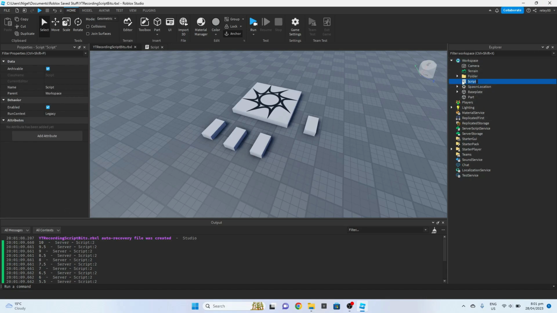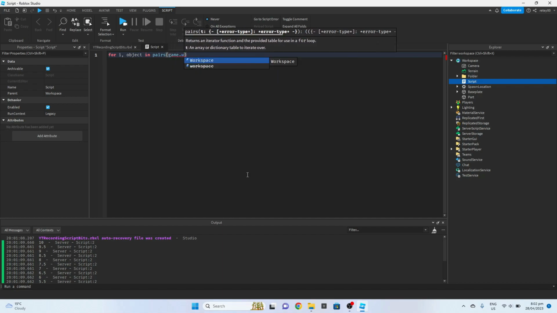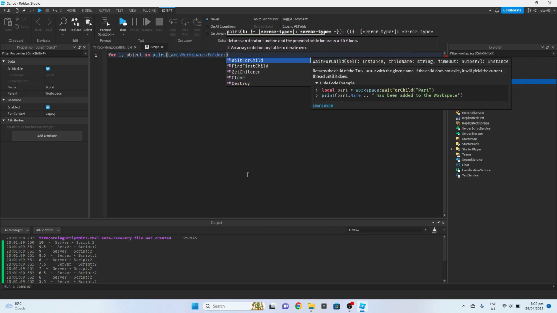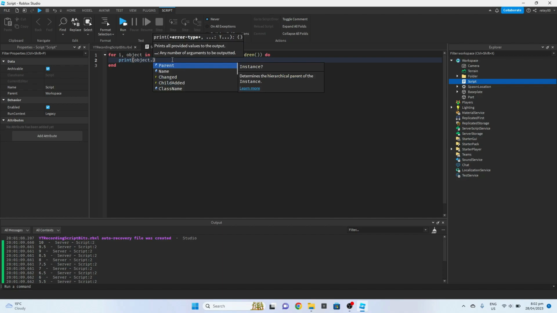And to loop through these parts, we would do another for loop, and so it'd have the index key, and then the object variable, and then you can go in pairs, and then in these brackets you can go game.Workspace.Folder, go on children, and this will loop through these parts here, and we can print the object's name,